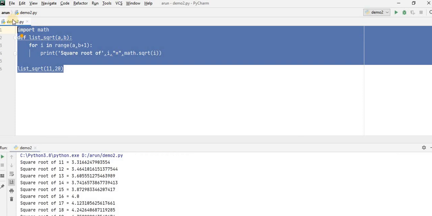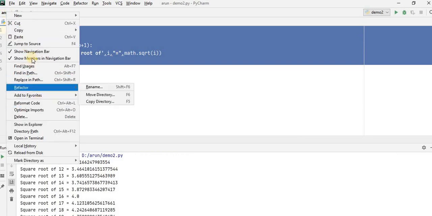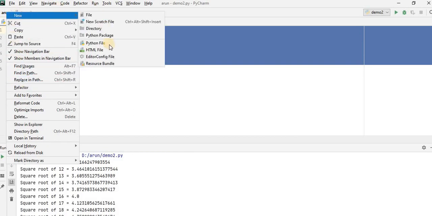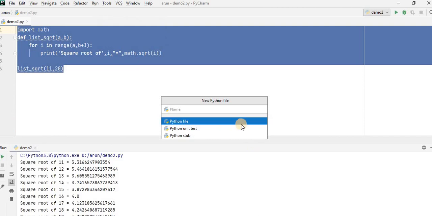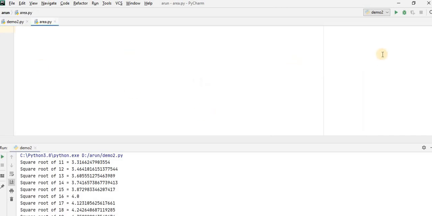For example, I am creating a new file, a new Python file. The name of the file is area. Here I will create multiple functions to find the area of multiple figures.